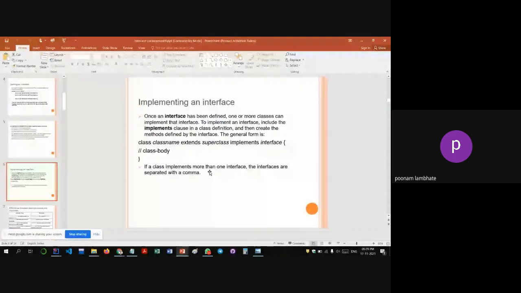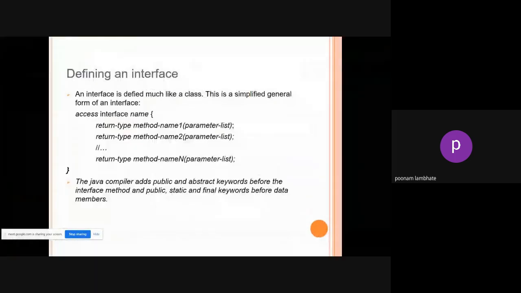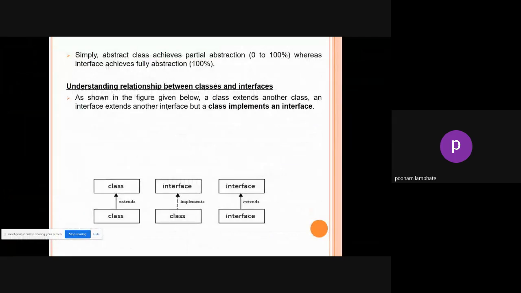For example, these are three possible cases. One class can have a child as a class, and then you can have one interface as a parent for another interface. Okay, means you can have parent class, child class, pair. You can have interface and interface as parent and child, and you can have interface and class as parent and